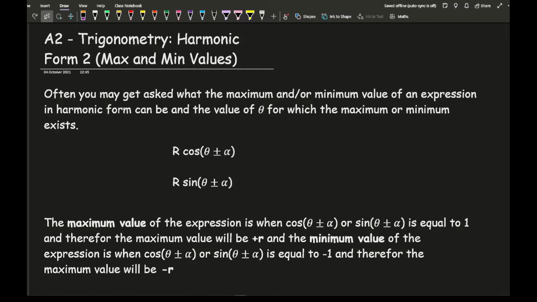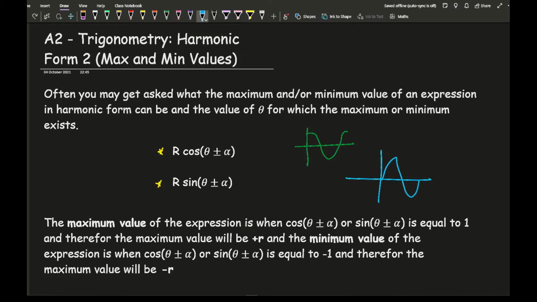Often you may get asked what the maximum and/or minimum value of an expression in harmonic form can be, and the value of theta for which the maximum or minimum value exists. If we take a closer look at an expression in harmonic form, it's either going to look like this or like this. In terms of what we know from both the cos graph, which looks like this, and the sine graph, which looks